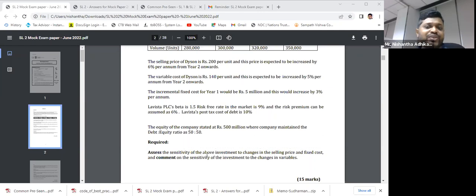Assess the sensitivity of the above investment to changes in the selling price and fixed cost. Comment on the sensitivity of the investment to the change in variable. To do the computation, first to do the sensitivity analysis, for the first step, what you have to do? First, you have to